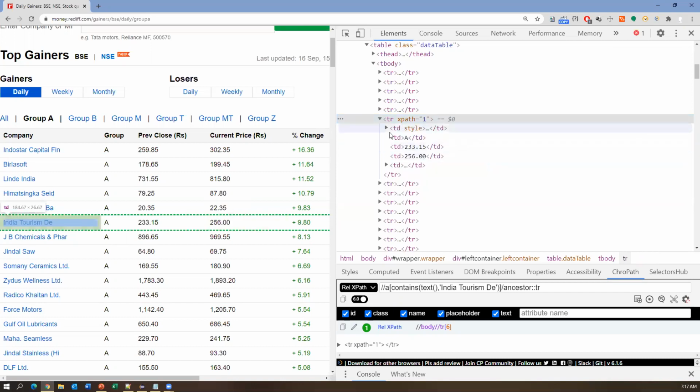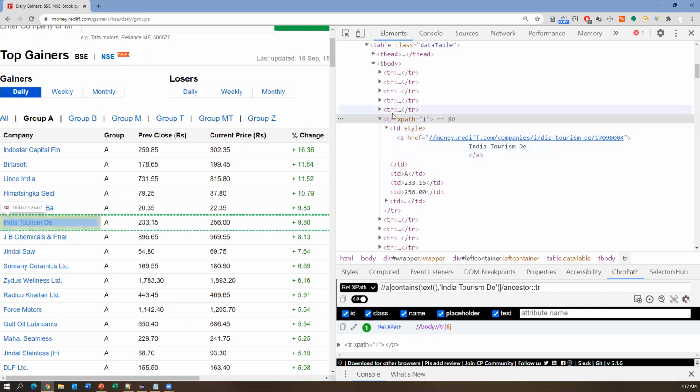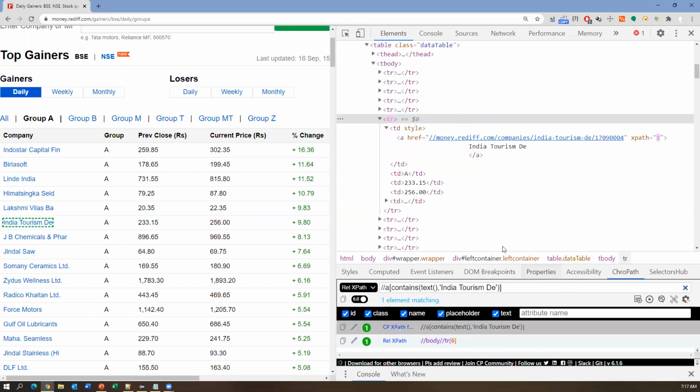Then these all come under the descendants of TR. So first let us go to the parent tag, TR. The descendant means the below ones, the tags below. Let me write the XPath till here. This is pointing to the current node, that is your self node. Descendant means child nodes and grandchild nodes. But for this particular node, we don't have any child or grandchild. So we need to go to the ancestor, and from there we can access child and grandchild.